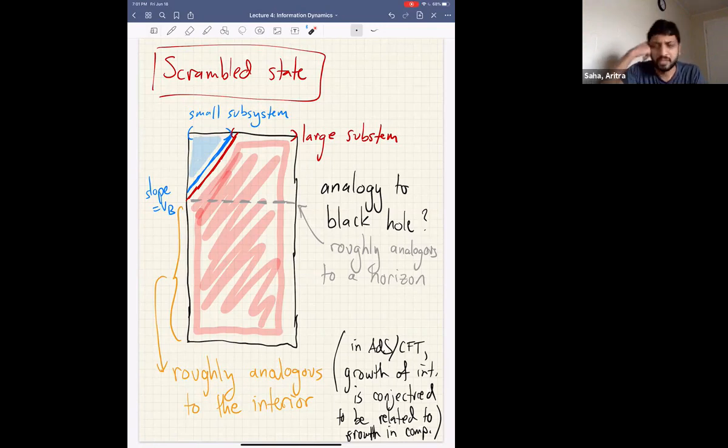So in the Page curve, I think the initial growth goes linearly, and then after the Page time, the curve sort of curves. You know, it's not a line anymore. Is it possible to see that from here? Why is that? Yeah, if I understand what you're talking about correctly, I would say